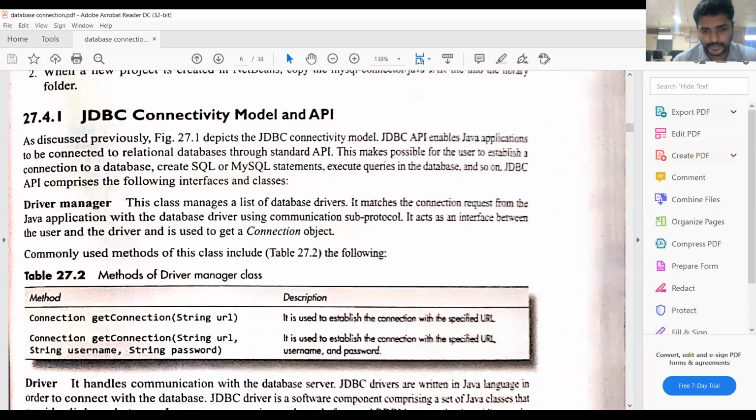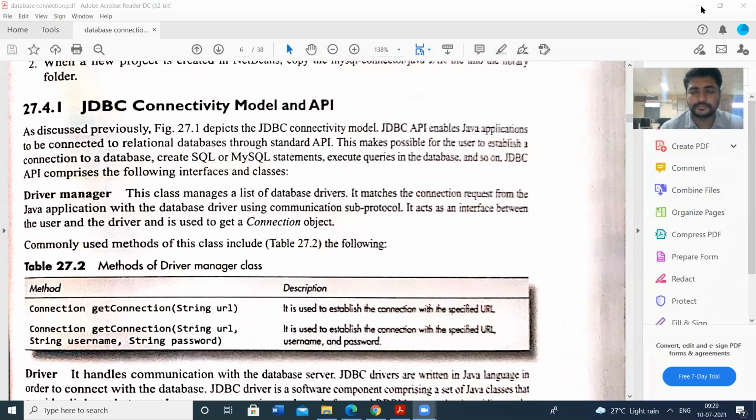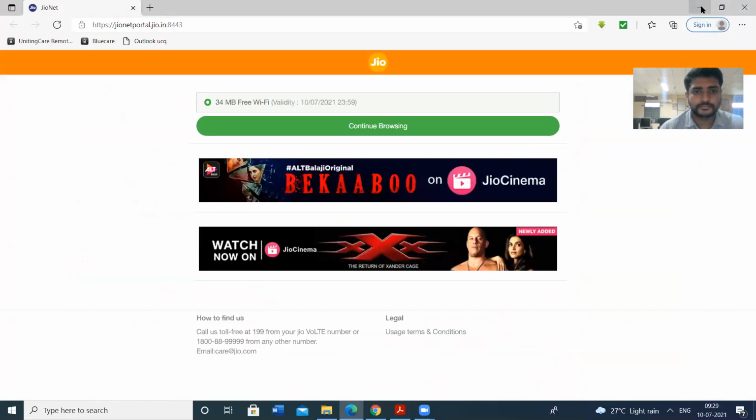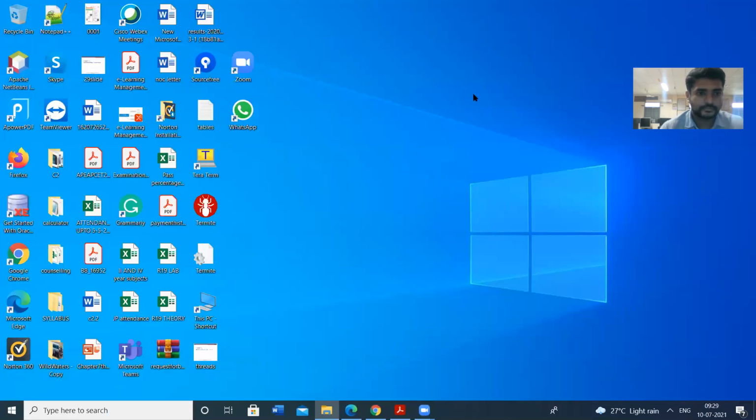So let me show you the NetBeans IDE. So this is the NetBeans IDE icon, Apache NetBeans IDE, Eclipse, like that we have so many IDEs.